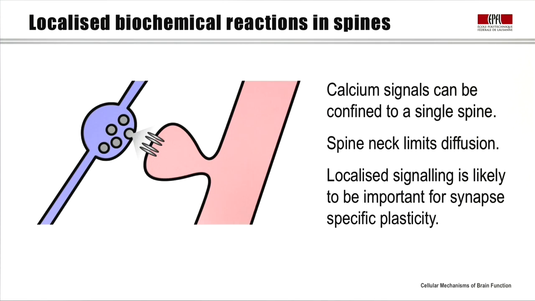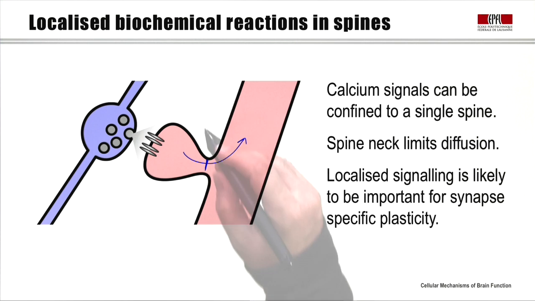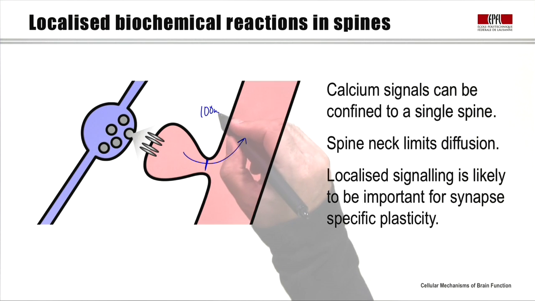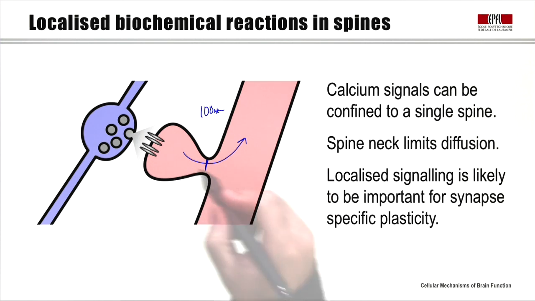What might the function of these spines be? Well, at one level, the narrow constriction of the spine neck provides a diffusional barrier, where we can imagine having biochemical reactions taking place in this 1-micron spine head that might be localized, and it might be difficult for those proteins or other signaling molecules to diffuse out of the spine. There's simply a very narrow spine neck of, say, 100 nanometers that will then restrict the diffusion of various different